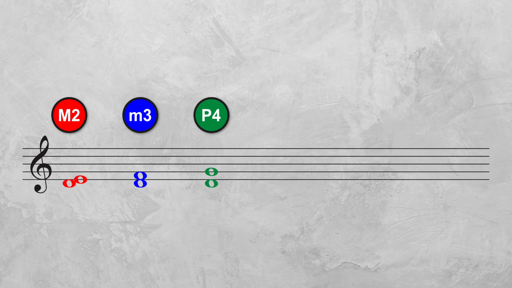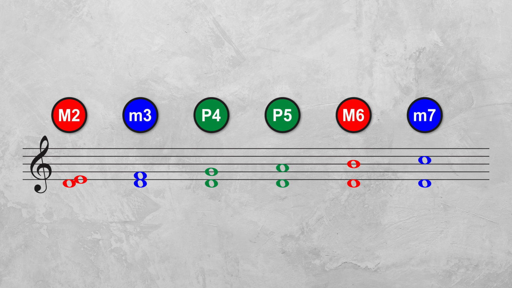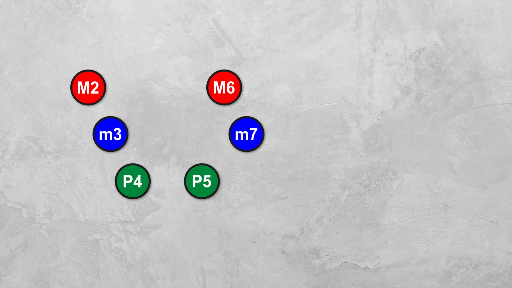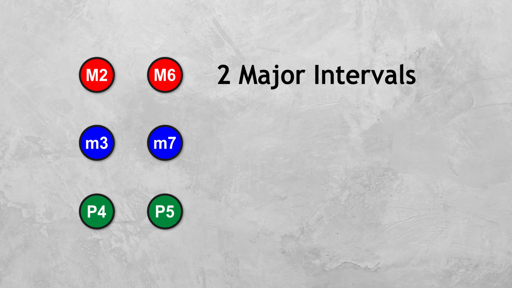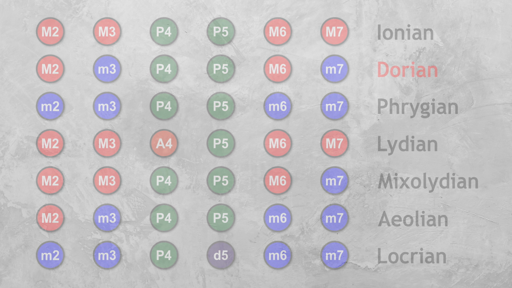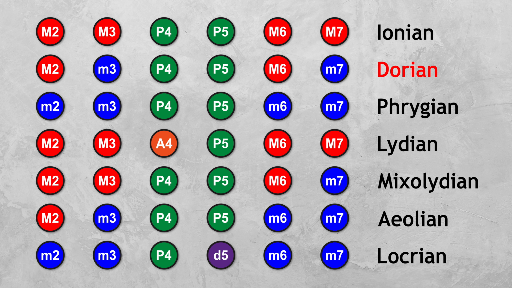For Dorian mode, that collection of intervals is a major 2nd, a minor 3rd, perfect 4th, perfect 5th, major 6th, and a minor 7th above the tonic scale degree of the mode. Now, in terms of brightness, that Dorian mode has exactly 2 major intervals, 2 minor intervals, and 2 perfect intervals. And it's actually the only mode of the major scale that has an exact balance between those different qualities of